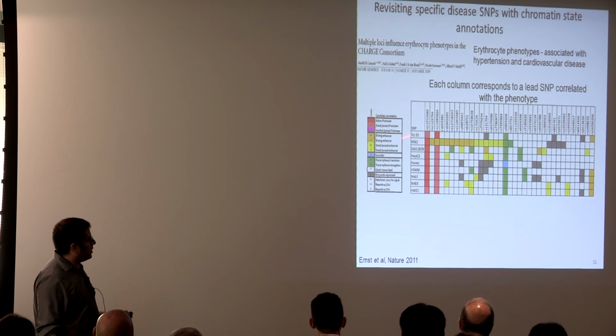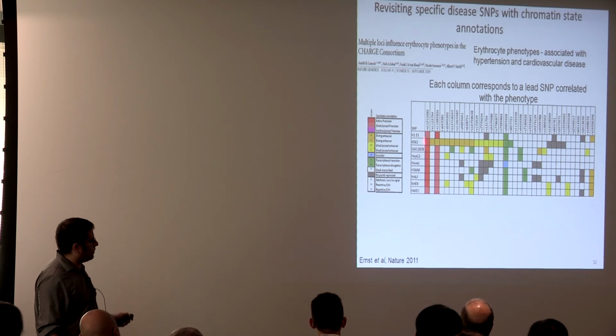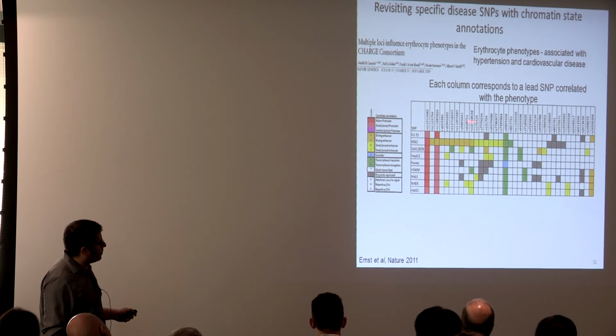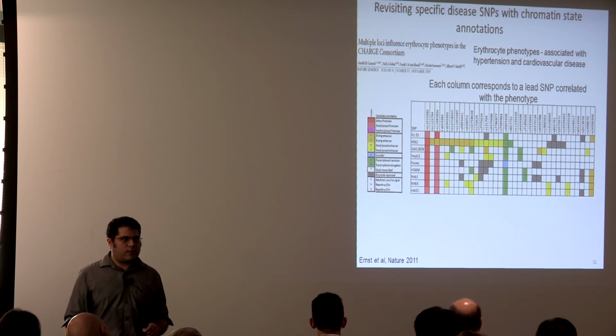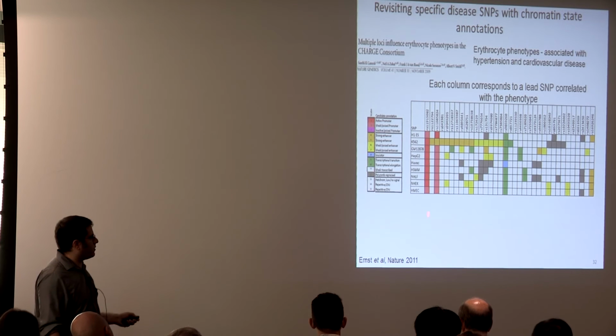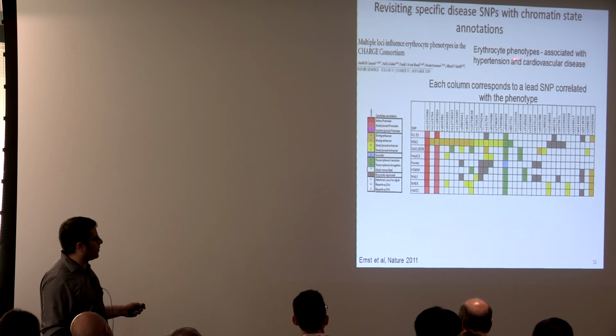And what you're seeing here, the rows correspond to those 9 cell types, and the columns, these RS numbers, correspond to different SNPs. These were independent SNPs that met a genome-wide significance threshold from this study,